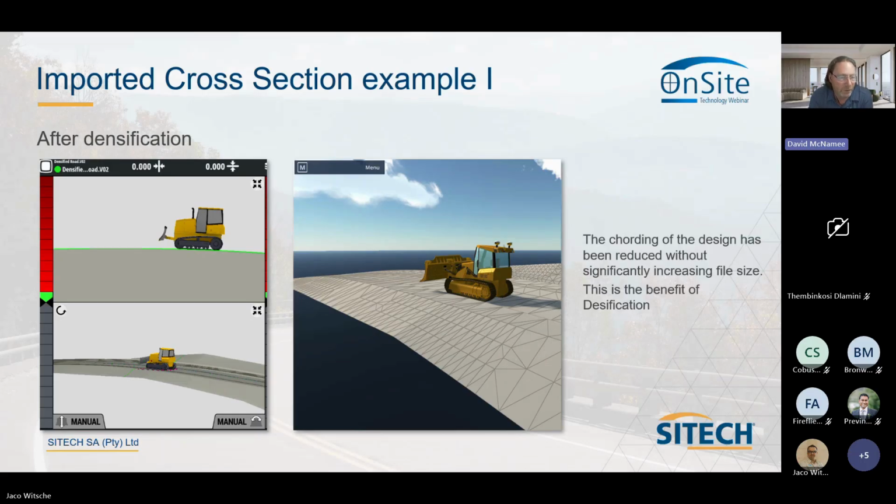Similar as we had before, now you can actually see the curve of the model. You see the extra templates are put in, so the spacing is less. We have a nice smoother alignment surface created from this densification model. And that is the big benefit of densification: improved quality of surface, but not risking a massive increase in file size. Okay,